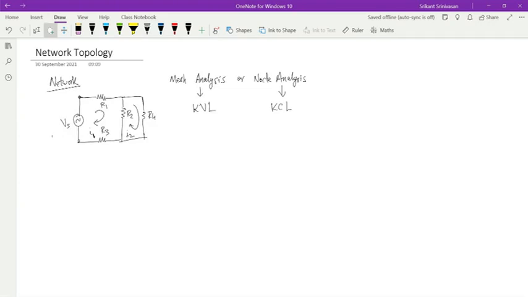So when you do a computer simulation, then you have to have a way of the computer understanding the network. For example, you have worked on the simulation using Spice. In Spice, what happens is you just draw this network on the Spice software, and then it automatically captures what are the values of the voltages and currents, right? So when it gives you the values of voltages and currents, it tells you in terms of nodes.